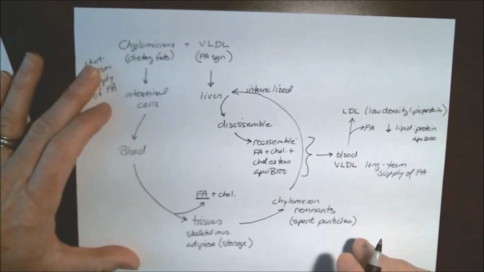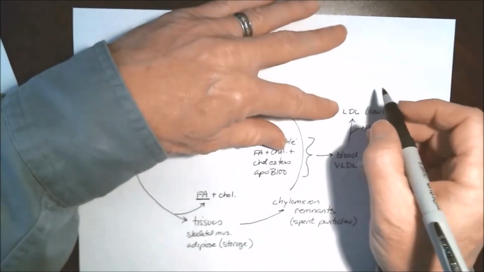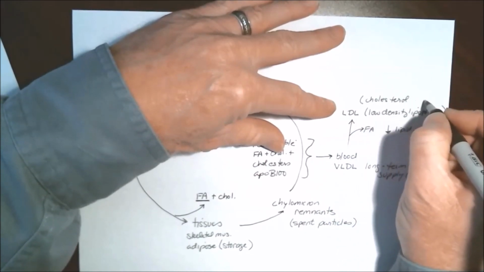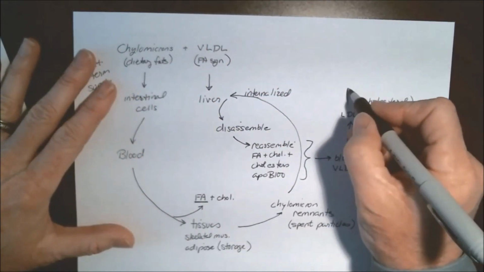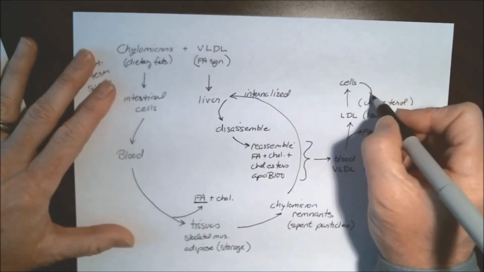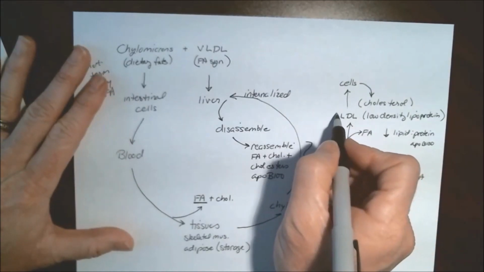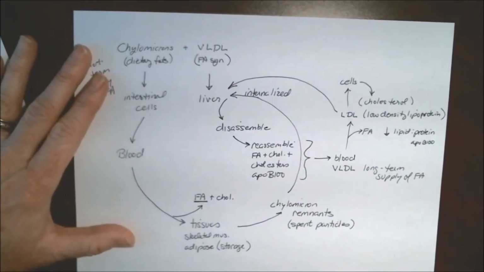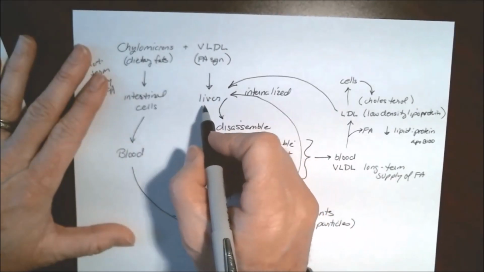And this LDL component here now is very, very much reduced in its fatty acid content, and this will essentially be enriched in cholesterol and cholesterol esters. Now, cells can also take up this LDL, and it will provide them a source of cholesterol. If cells do not pick this up, our friend, the liver, will also remove the LDL from the circulation and disassemble the LDL particle,